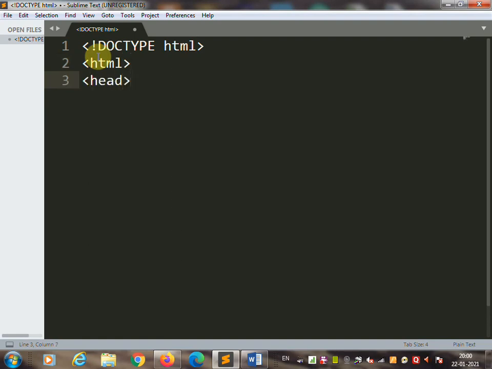Then head, then give a title to your HTML program or JavaScript program.